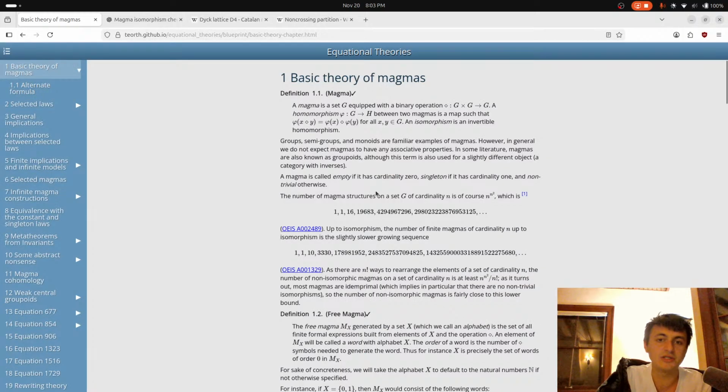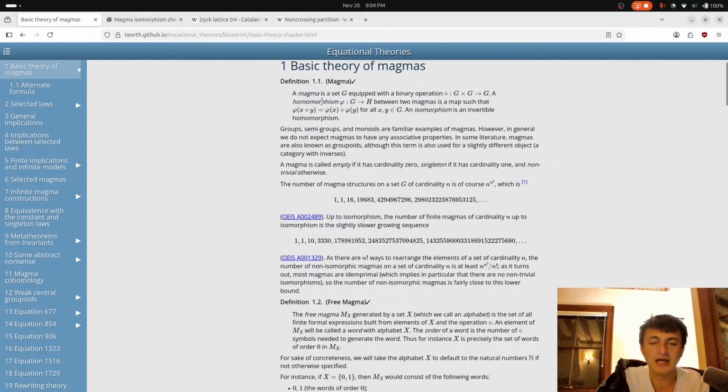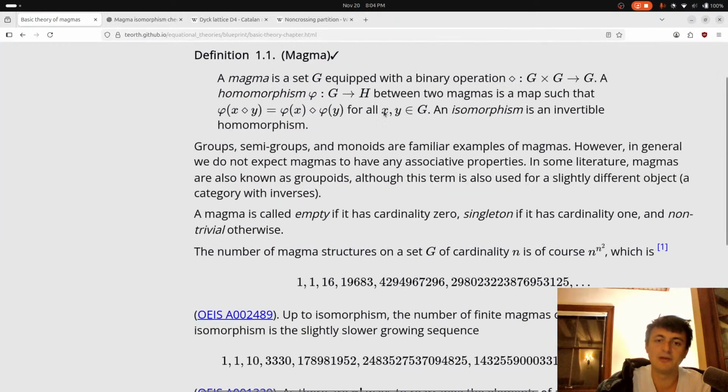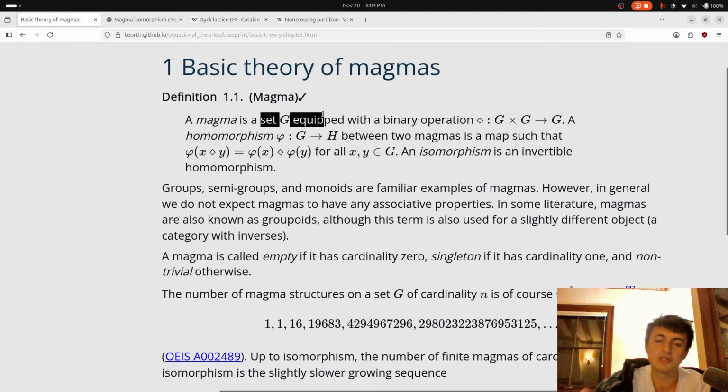And what I'm trying to work on is, because last time I went through equational theories, I was kind of just totally vibing, thought I understood it, didn't. So now we're just going through this. So I guess the first thing to review, just if I'm going to teach it, is, what is a magma? And I mean, you need to know some math if you're watching this to understand this. But basically, a magma is super general. It's a structure where you have a set and you have a closed binary operation, and that's it. Okay, and then he defines a homomorphism and an isomorphism using this definition.